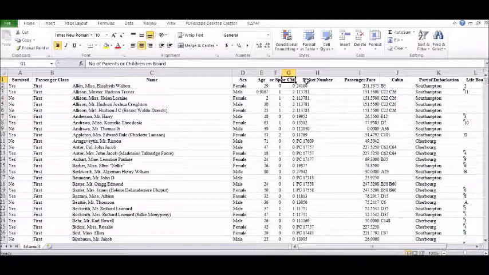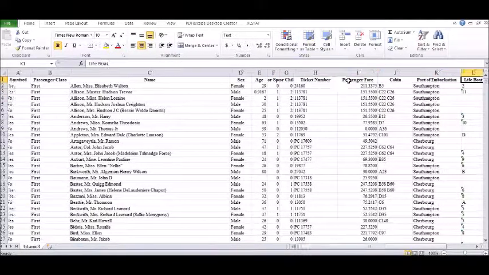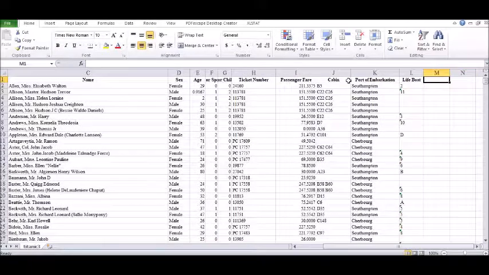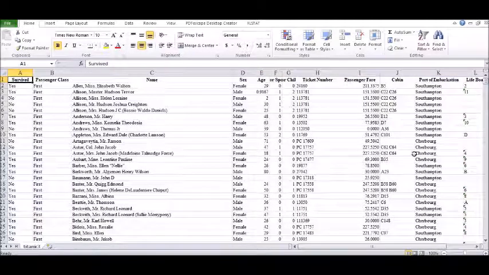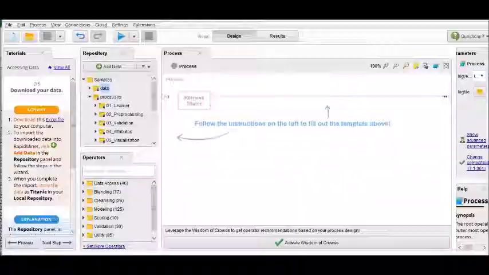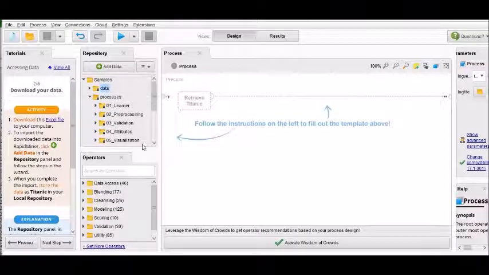Once you have checked out the data that you have downloaded from here, you can go ahead and read, I would say, a little bit about your own data, at least the headings, so that you are able to know what kind of things are available and how to proceed further. Once you have taken care of that, the next step is to import the downloaded data into RapidMiner. Click plus.